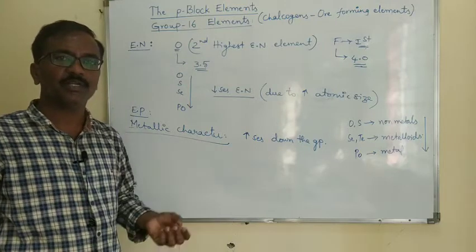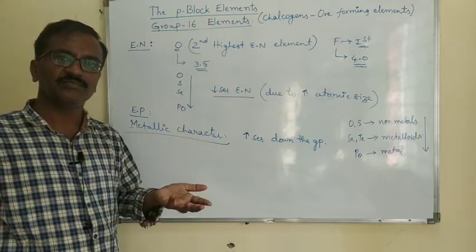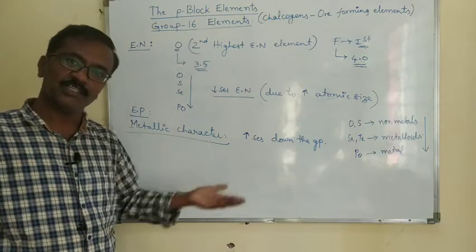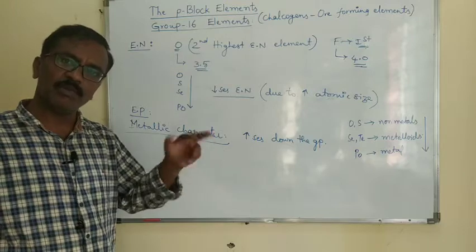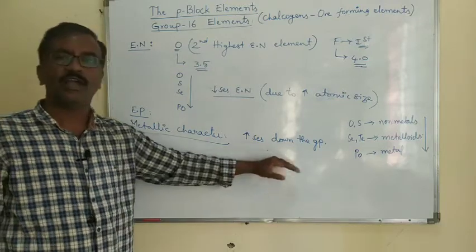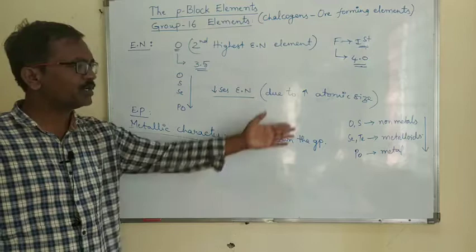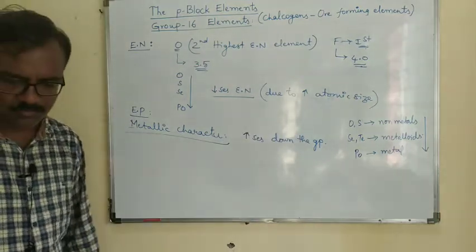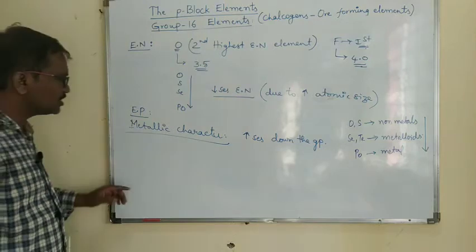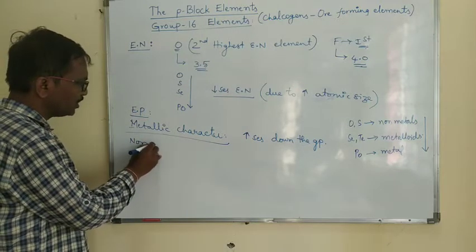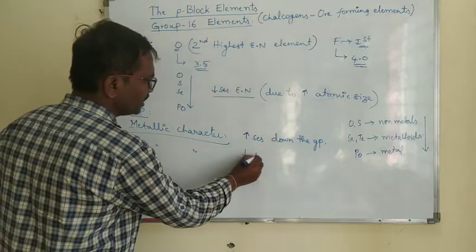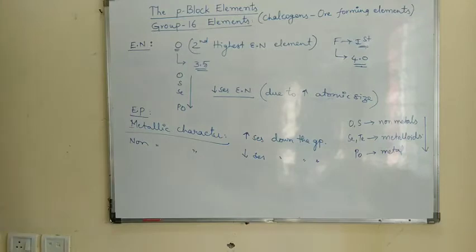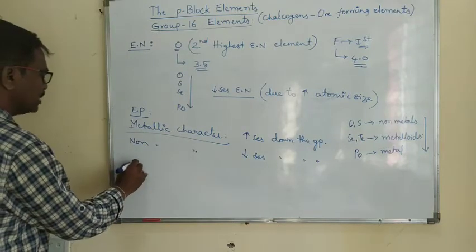What is the metallic property? Electron loss. Sodium loses an electron very easily. That's why it forms Na plus very easily. It never forms Na minus, right? Losing of electron is a metallic property. So metallic nature generally increases down the group. In the same way, if they ask about non-metallic character, it decreases down the group, right?